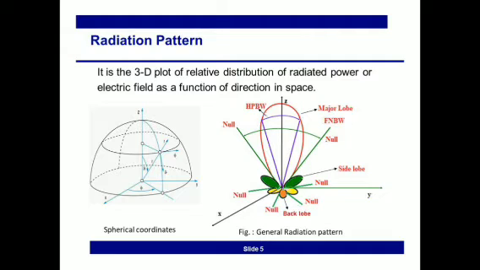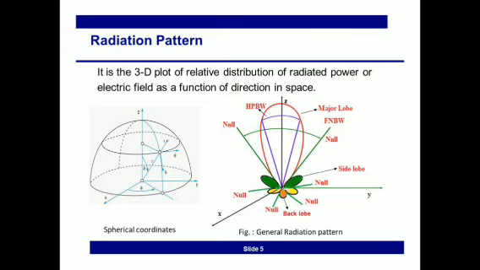The other parameter which can be derived from the radiation pattern is the direction of nulls, and these are shown in green. The direction along which the field strength goes to 0, that is, there is no power being radiated by the antenna, is called nulls. So there are a number of nulls which can be seen in the radiation pattern